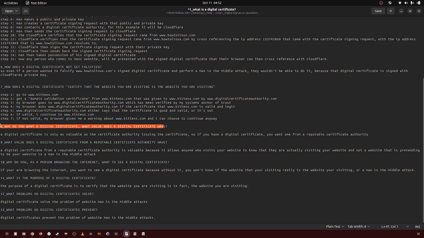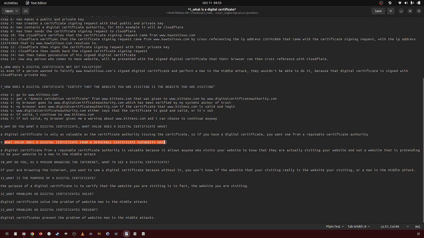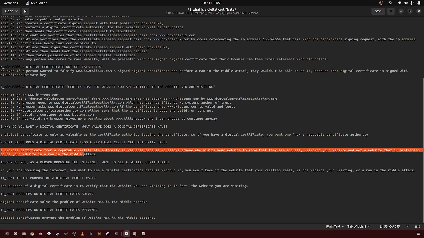Why do you want a digital certificate? What value does a digital certificate have? A digital certificate is only as valuable as the certificate authority issuing the certificate. If you have a digital certificate, you want one from a reputable certificate authority. What value does a digital certificate from a reputable certificate authority have? It is valuable because it allows anyone who visits your website to know that they are actually visiting your website and not a website that is pretending to be your website